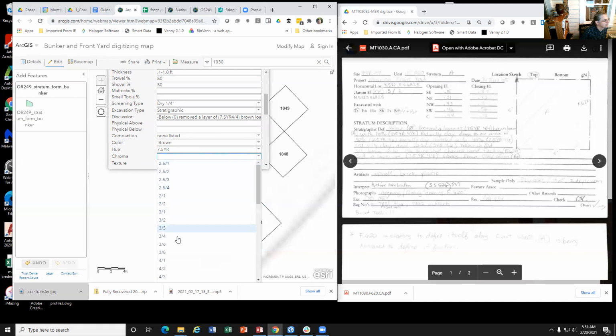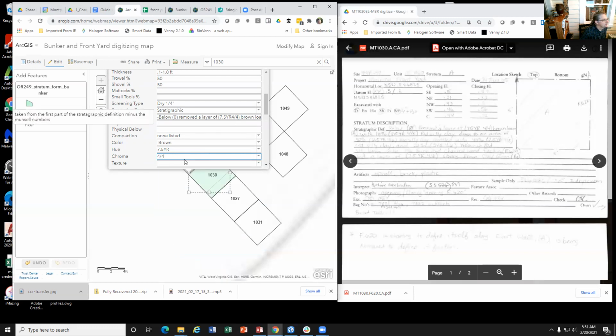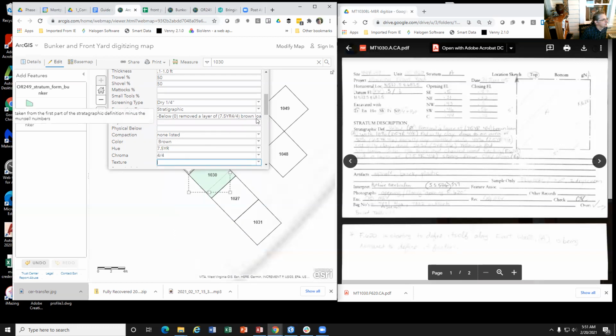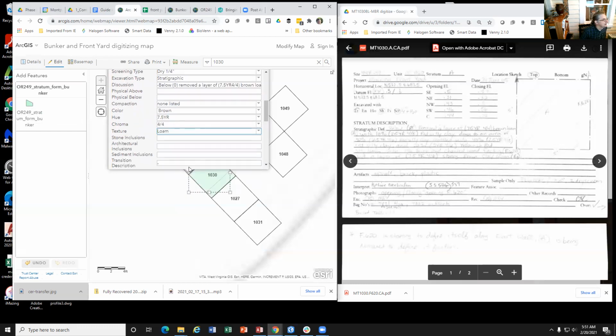And so it's kind of handy because once you type it in, it's all right there for you to look at. And then the texture is, let's see, that was a brown loam. And so the texture is a loam. And then stone inclusions, there's none listed here. You just type out what, if it said with rounded rocks, you type that in. There's no architectural inclusions, which would be brick or mortar.